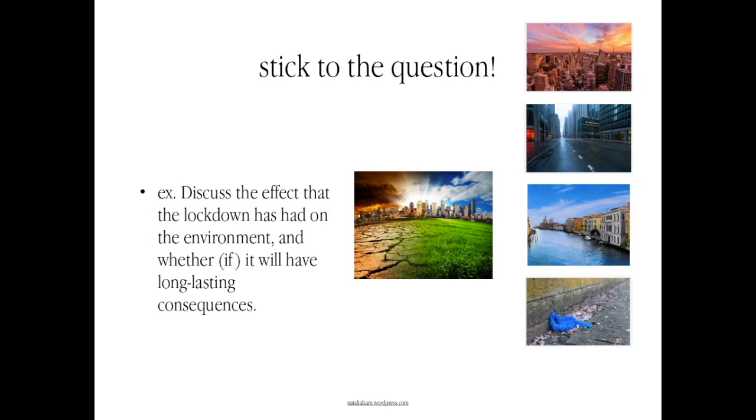is the situation we've had that because of the coronavirus, we've had to live inside our houses. We couldn't go outside. So we were locked down in our houses. Okay, in Spanish it would be something like confinamiento. Okay? So discuss the effect that the lockdown has had on the environment and whether and if it will have